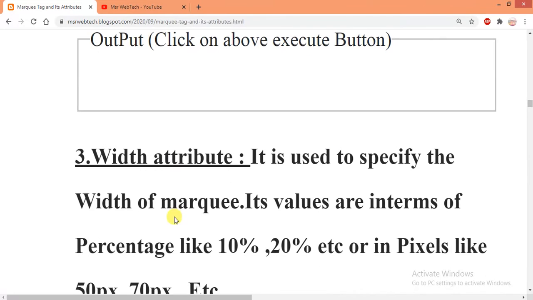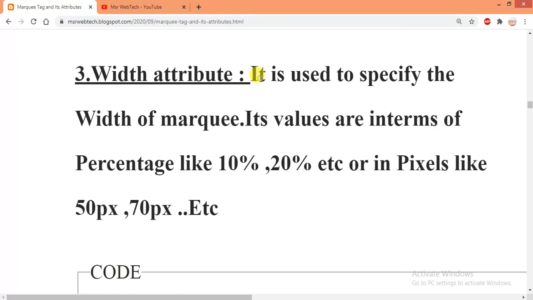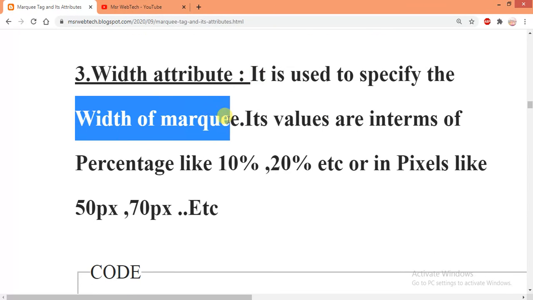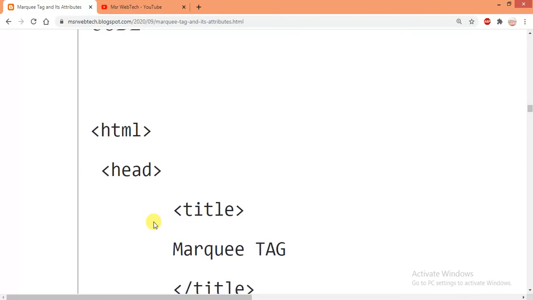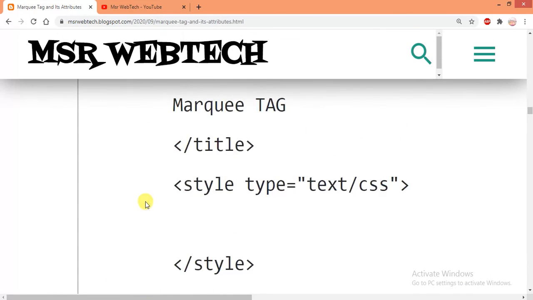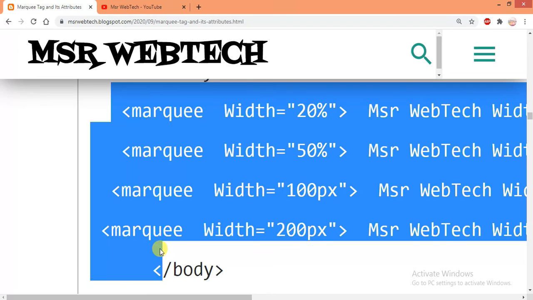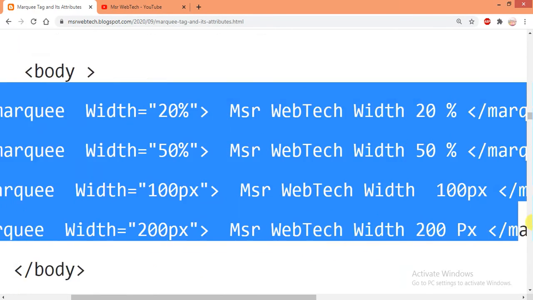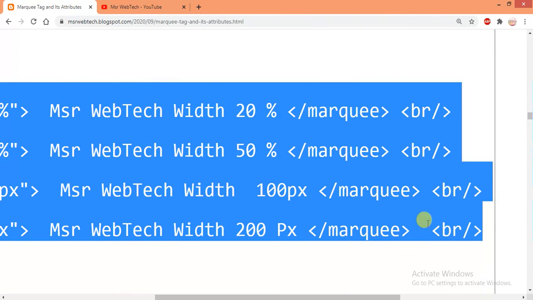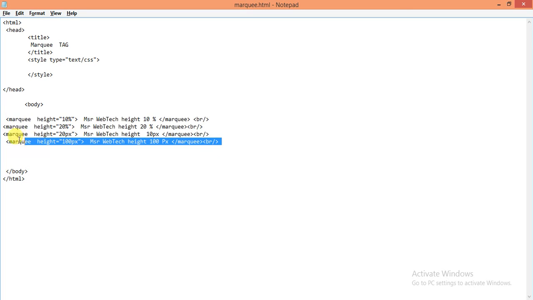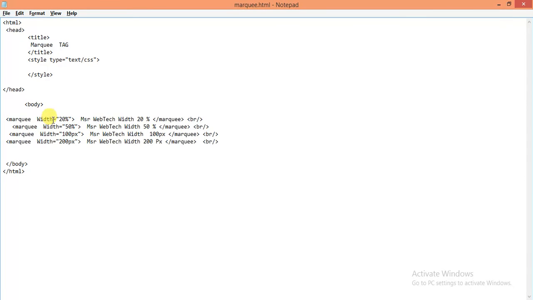That is the width attribute. The width attribute is used to specify the width of the marquee. I have already written this code. Width equal to 20%.